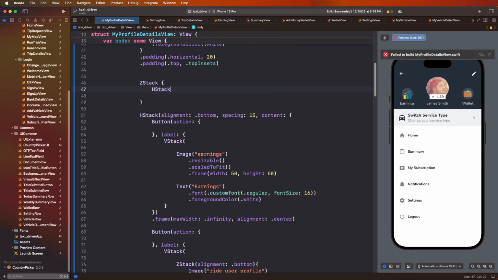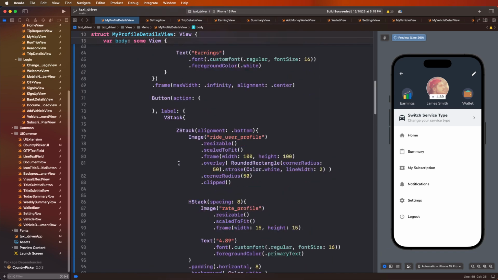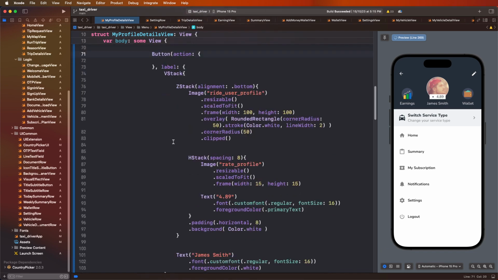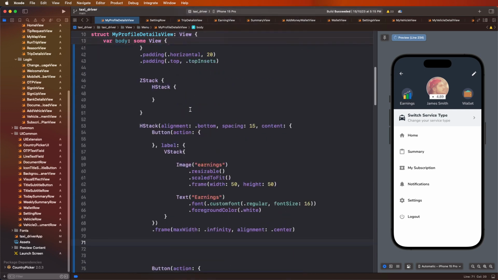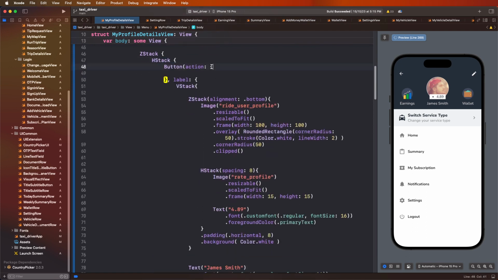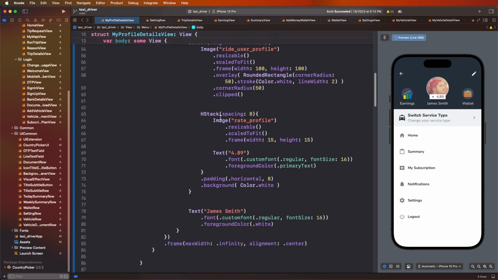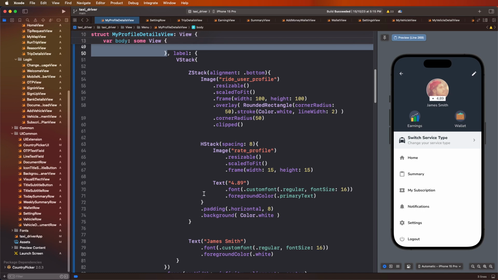Stack sets, and cut this UI for the user image. These sets, and